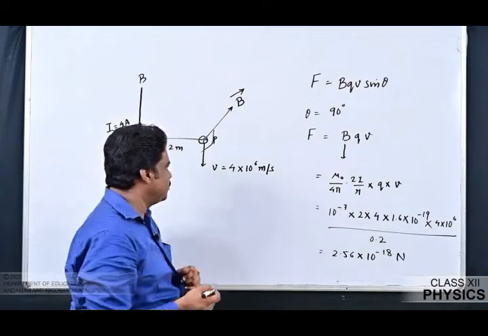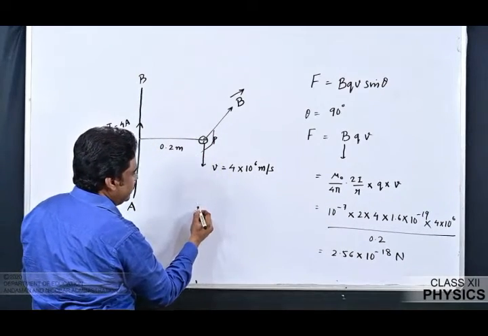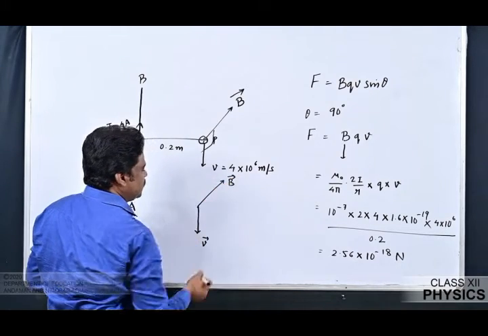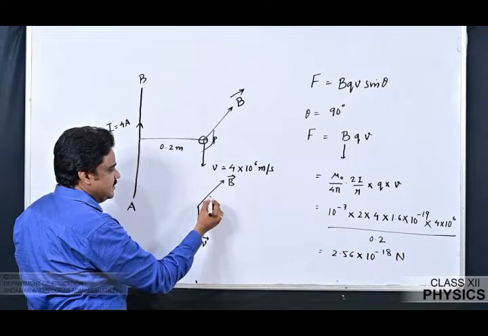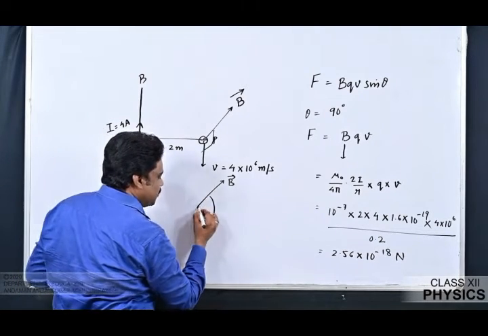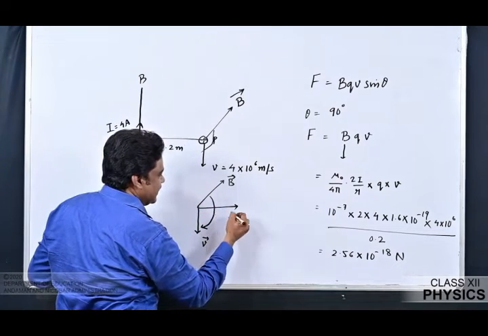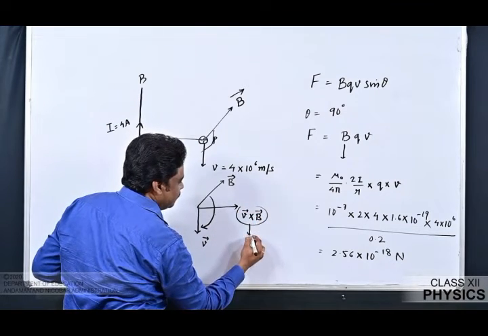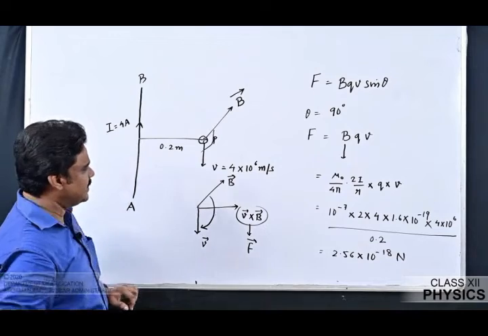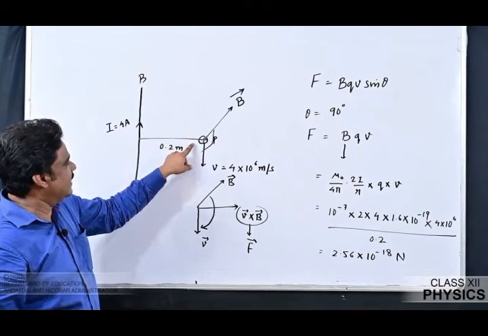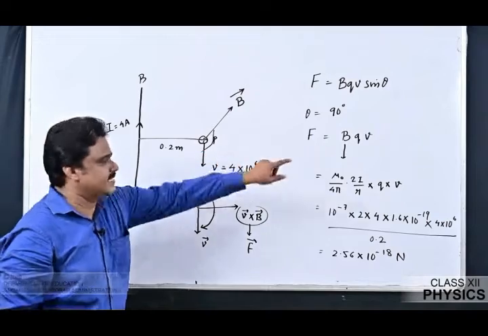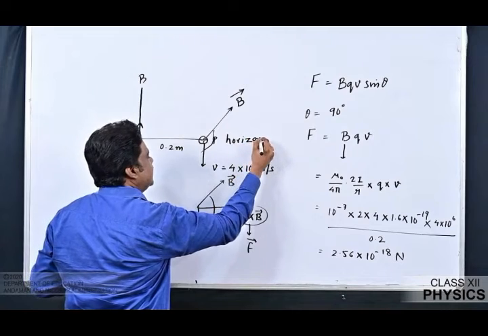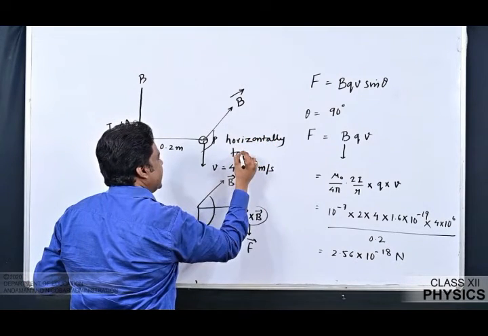Now once again they are also asking what about the direction of force. We can use the vector product rule. I'm going to redraw this. What about the velocity? It is downwards. The magnetic field is inwards. So once again, if I use a right-handed screw such that the screw moves from B to V, surely the screw will advance in this direction. So this will be the direction of V cross B. Yes, this is the direction of magnetic Lorentz force. It's where the magnetic Lorentz force acts. With this diagram, it acts horizontally towards right.